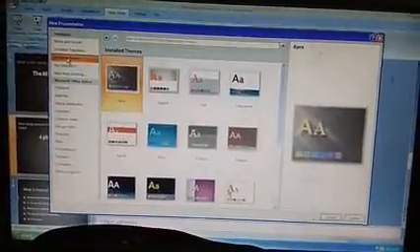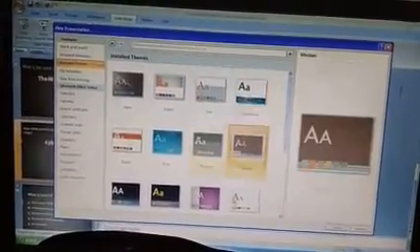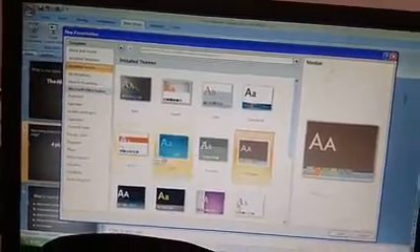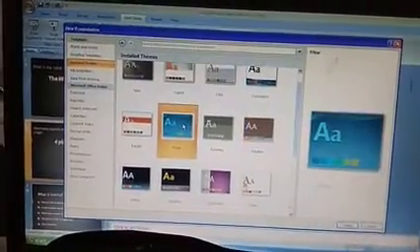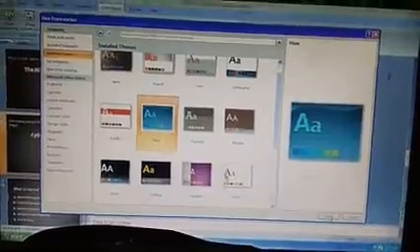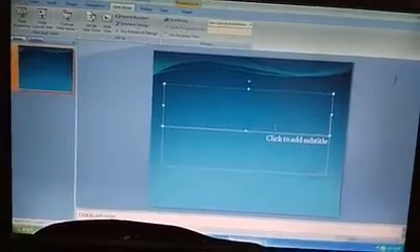So themes include the built-in backgrounds and font styles that you can see in even Word. Also you have this option in the form of styles. In home tab you are having a style option where you are getting these methods. So suppose if I'm going to select one style, and if I say here create, so I'm getting a slide with the background and certain built-in font styles. Just observe here, I have not specified any font color or font style, but automatically that is being taken by the system.